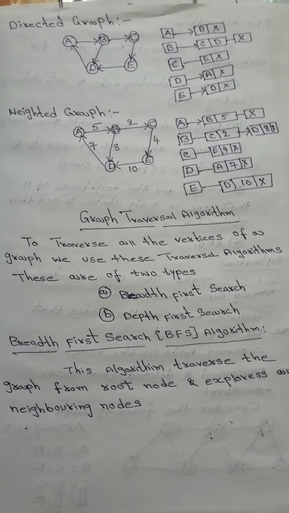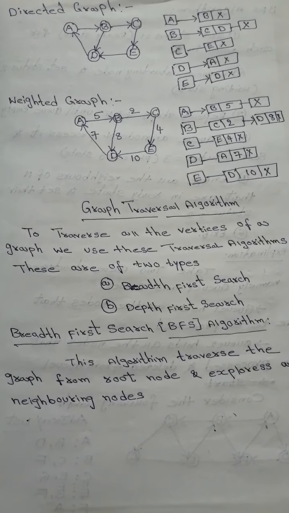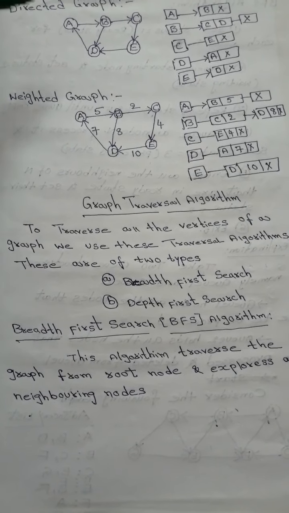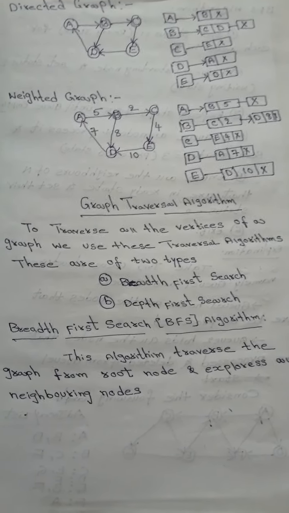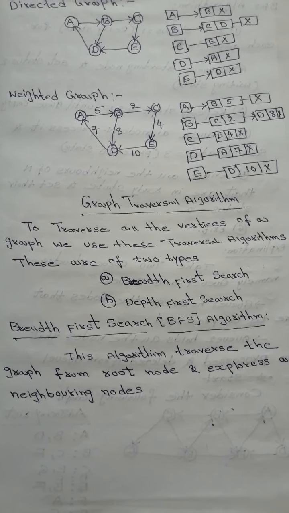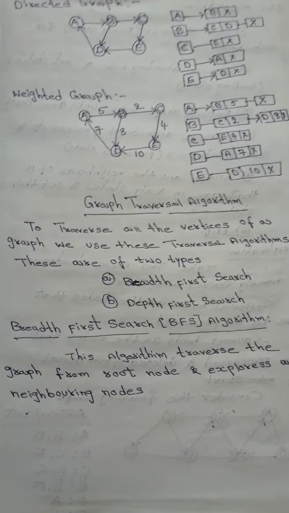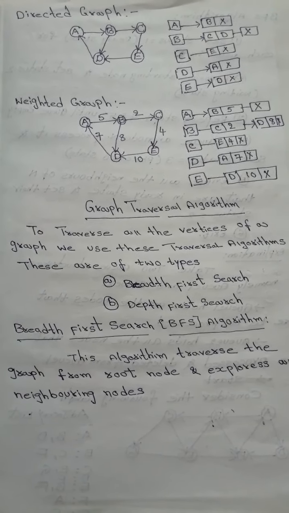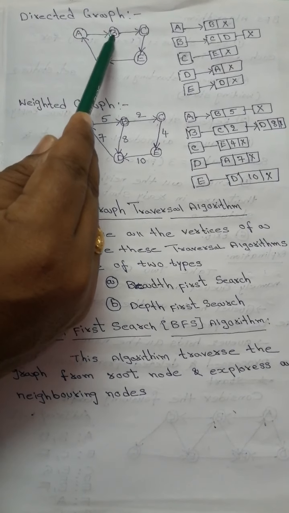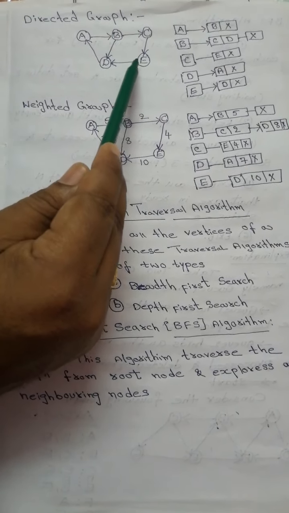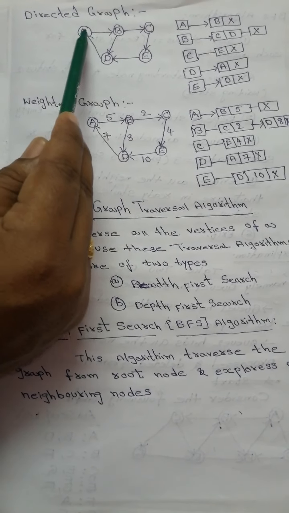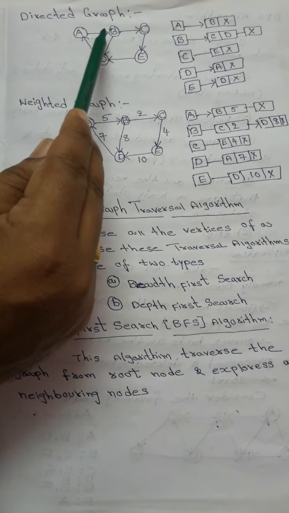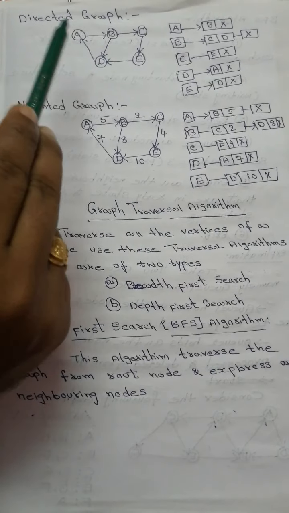And when coming to graph operations, the basic operation is the traversal operation, moving from A to E. What is the minimum path that I can move from A to E? Suppose consider a directed graph. I want to move from A to E. How can I move? A to B, B to C, C to E. That is the path we are having. Or else I will come A to B, B to D, D to A. Like this we will be representing A to B, B to C, C to A. Is there any other routes?